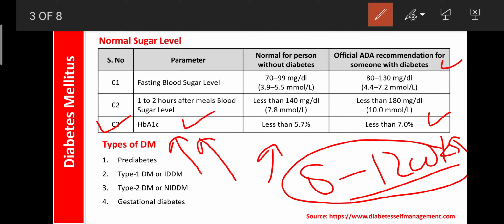That organ fails. So that's why you can properly manage the sugar level in blood with the help of the HbA1c test. That should be less than 7 in a diabetic patient. In a normal person, that should be less than 5.7. If it is more than that, it indicates our RBCs are malfunctioning. Then we are suffering from the oxidation process or generation of free radicals in our body.